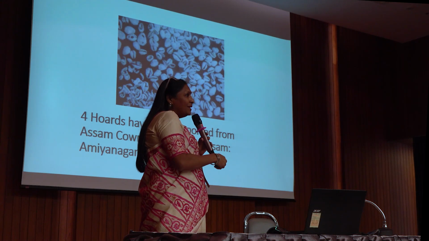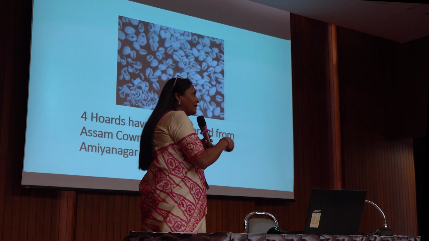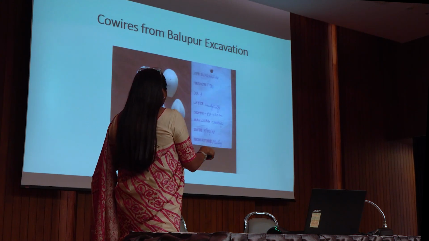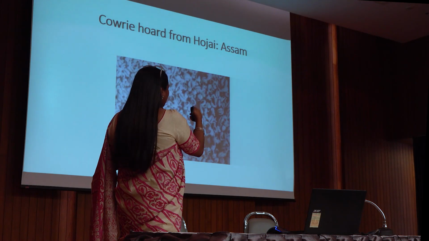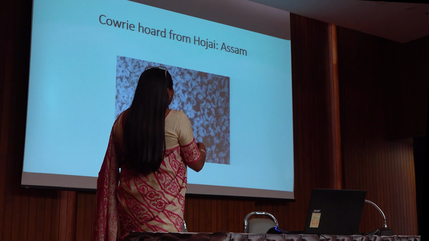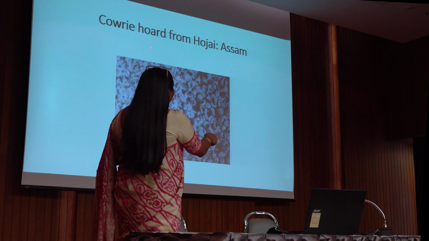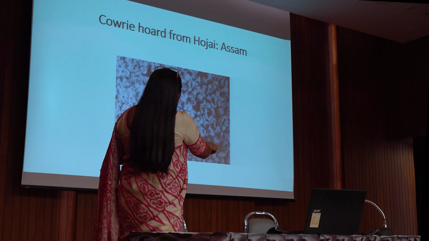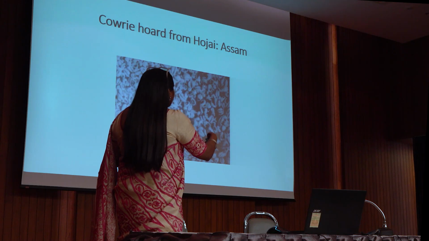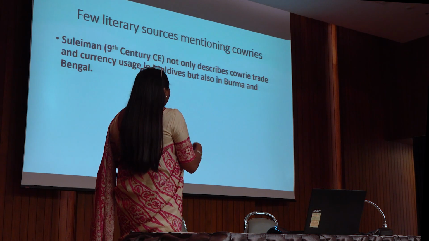So in Assam, there was a factory site, they were cutting the cowrie shells. You can see, I'll just end with this. This is just my last four slides. In Assam, Hojai, Lanka and Amiyanagar hoards are there, where at a factory site you can see cut cowrie shells, you can see complete cowrie shells, and also shells in the process. And there are several other